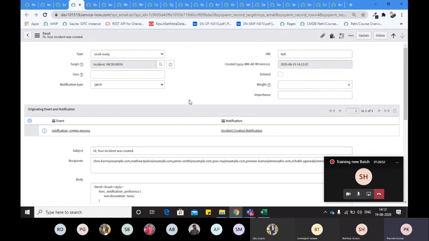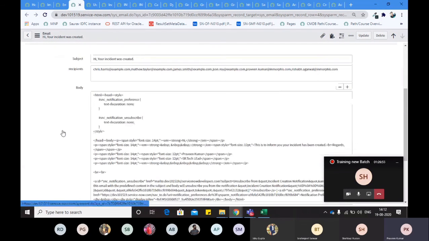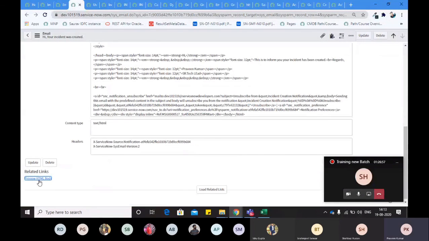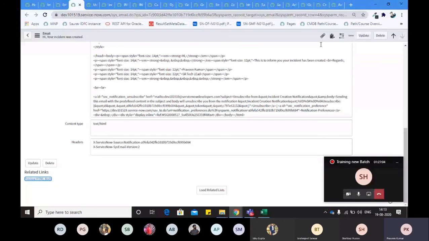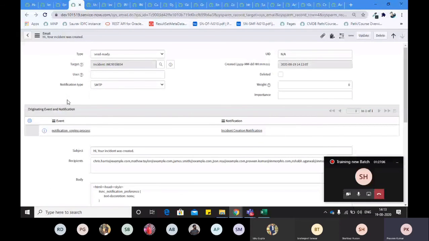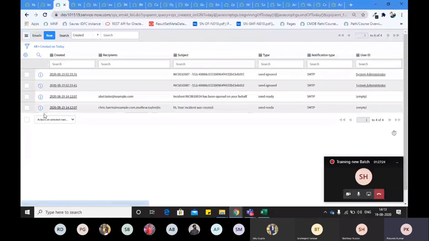Right, guys? So you can see your notification here, and you can come here, preview HTML body. So this was your notification, right? So we configured this notification, and just to confirm, we come here, we confirm that yes, our notification was created. So this way you can set up a notification and confirm whether it is created or not. Now I can check my personal email ID. This should be available in my personal email ID as well.